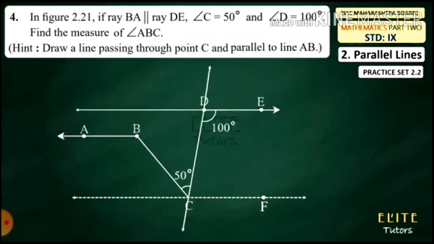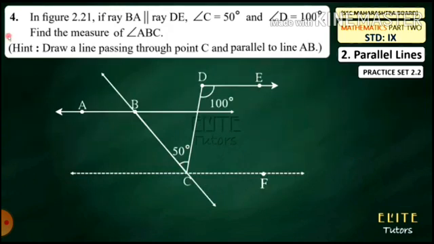So students, if we extend this line DE or DC, we will take DE and CF as parallel and DC is a transversal. If we extend the ray DE and DC, so DE and CF are parallel, so these two angles are interior angles, and the sum of both interior angles is 180. So if D is 100, this is 80, because 100 plus 80 we can get 180.